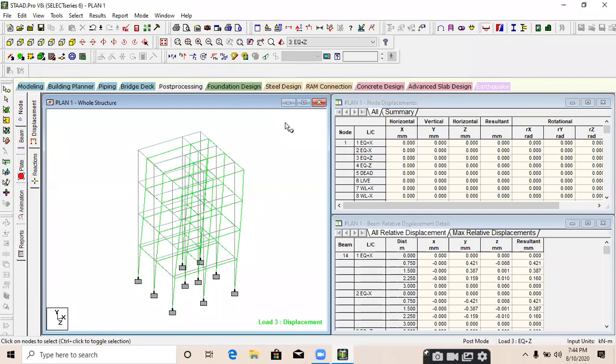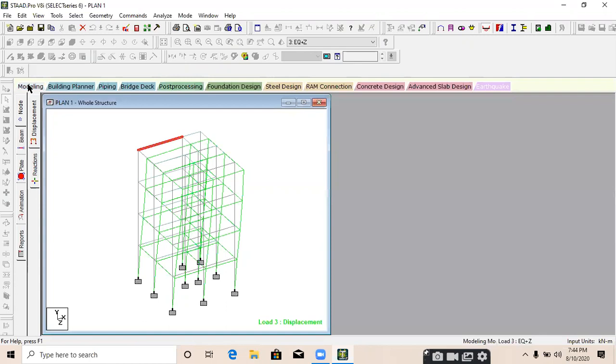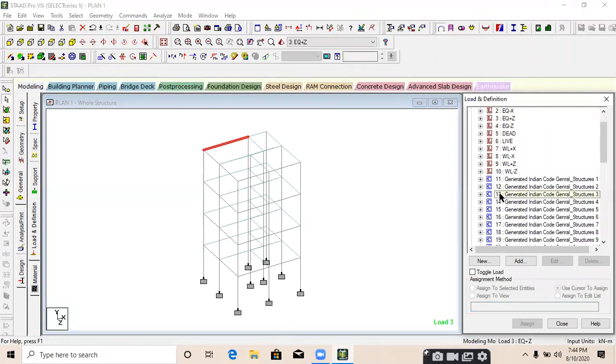How can we interpret the results of earthquake loads? You can see the results from this table. Just select any one beam like this, and you can see the deflection due to earthquake EQ minus X from this load case, wind load, and all other generated load cases like the 12th or 14th generated load case. What is it? Just go to modeling, general, loading, and look over here. 14 generated load cases, 1.2 load 5, 6 and 9.